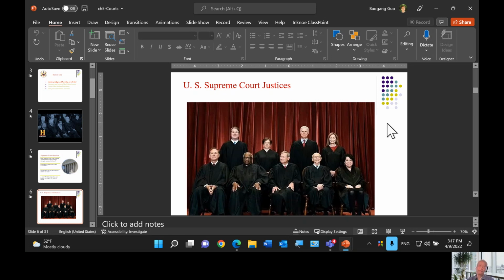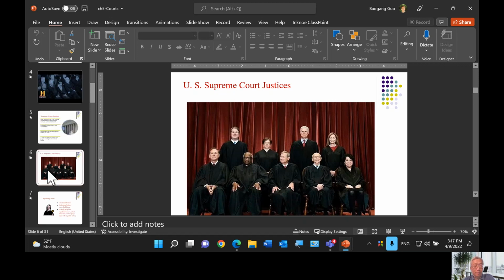From this lineup, you do see a great amount of diversity in the court. We have 2 African Americans, 4 women, and 1 Latino. I think this represents some kind of progress. Of course, if you look at history, most of the time the court was purely white males. So now this has changed quite a bit.